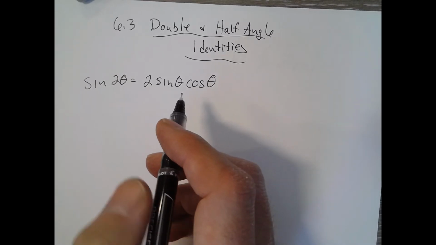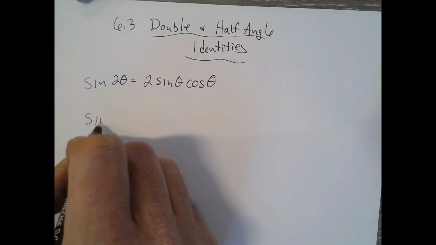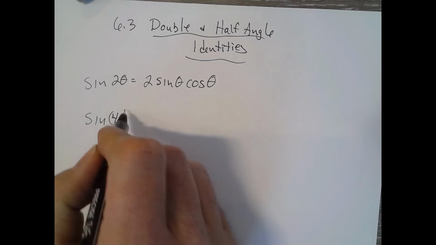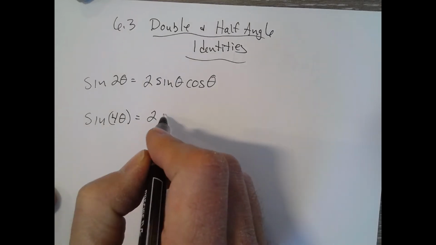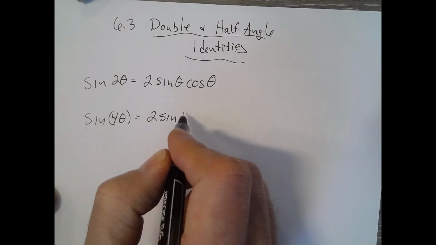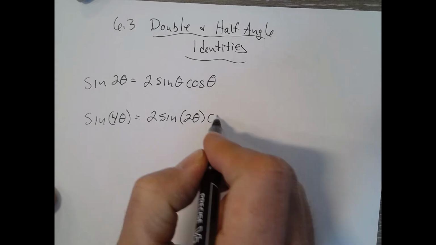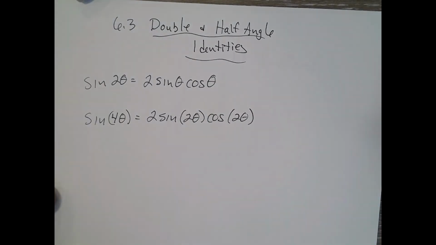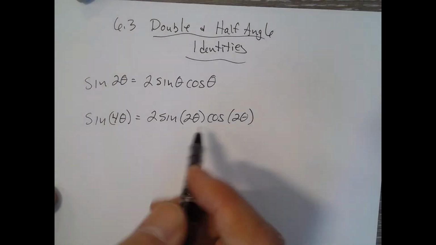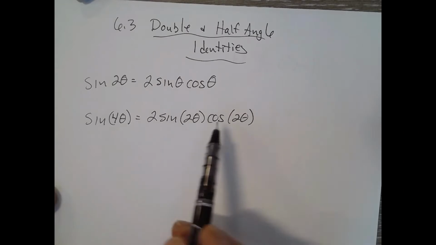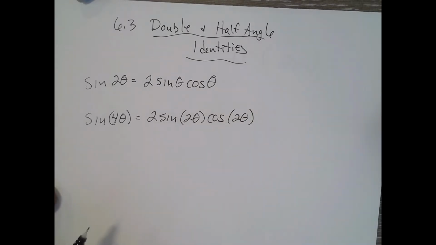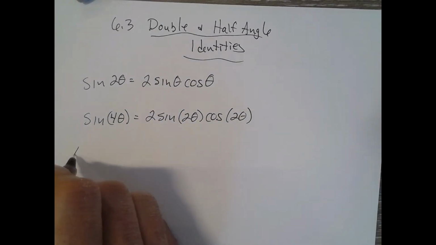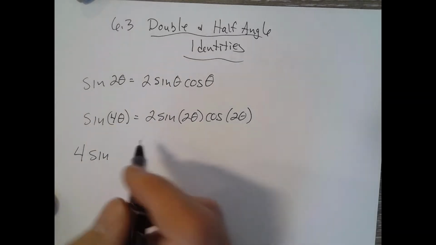That's right. So if you have the sine of 4 theta, then that would equal 2 sine of 2 theta cosine of 2 theta. Wait, and then you want to break that down further? No, well, yeah, you could, but I'm just rewriting it right now. Yeah, you could break this down and break that down. Good question. So if I have 4 sine of